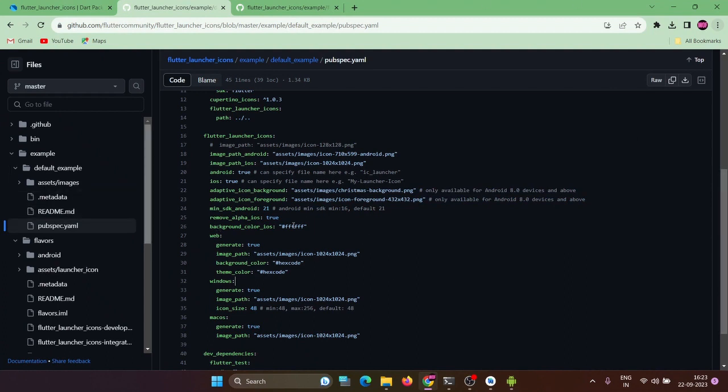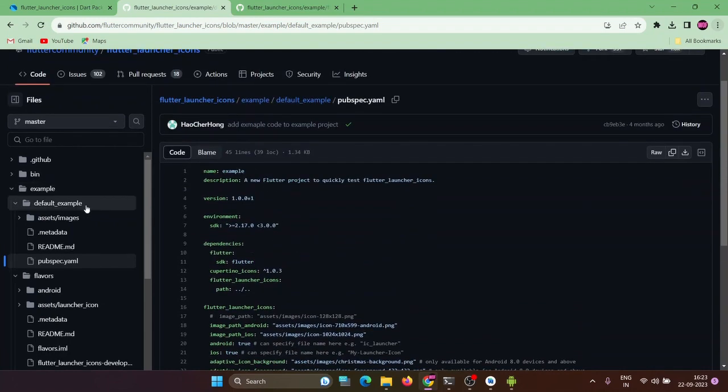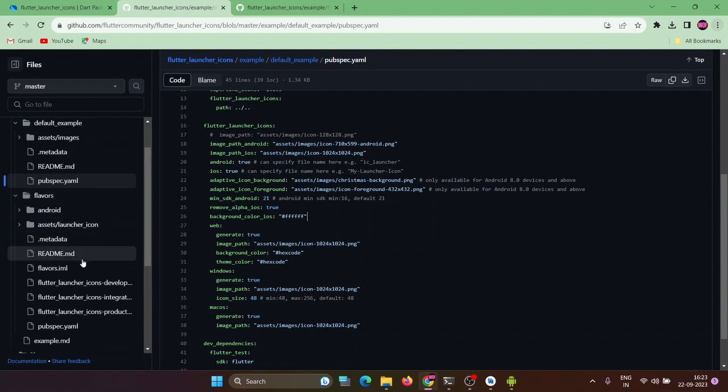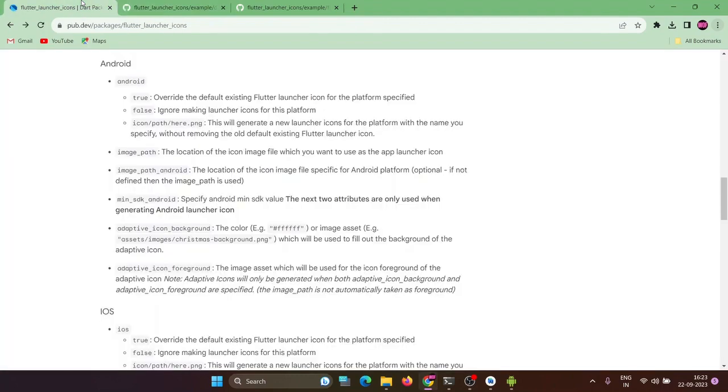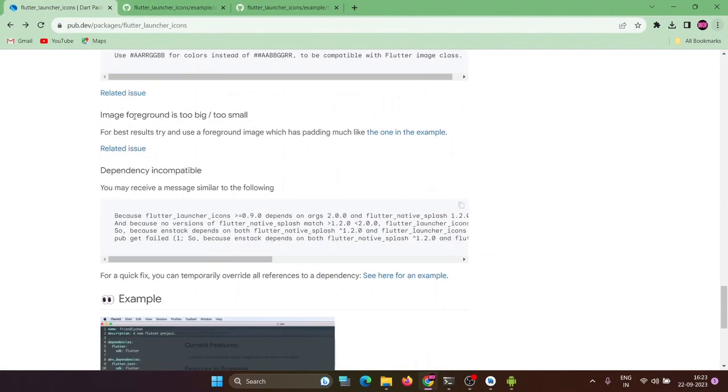So you can give a background color iOS as well. That is what they have given in their example also. Okay, and you can check out their example, the default example. Pretty much all of it I have covered. And in the flavors, you can give and check how they have developed the launcher icons. And that is pretty much your